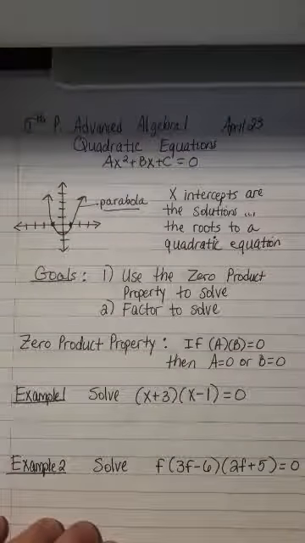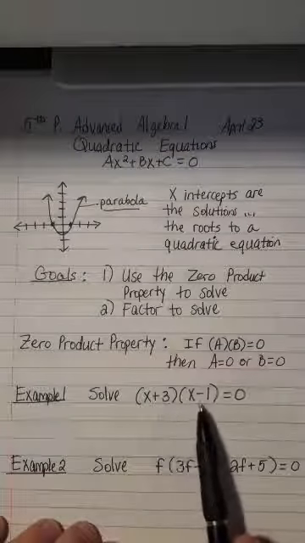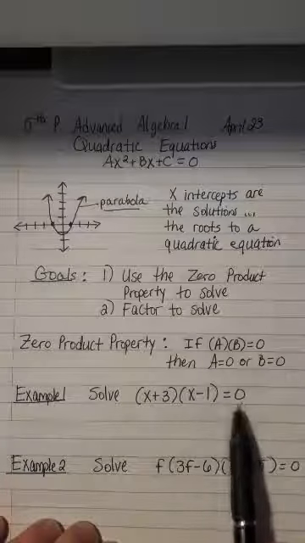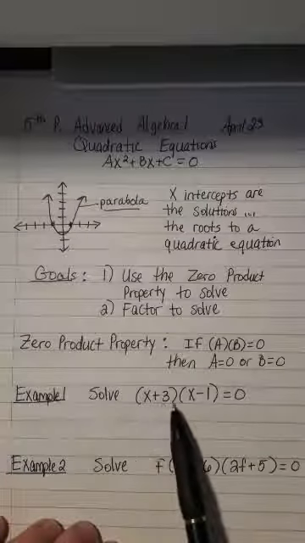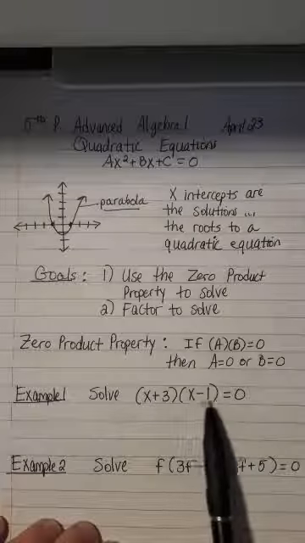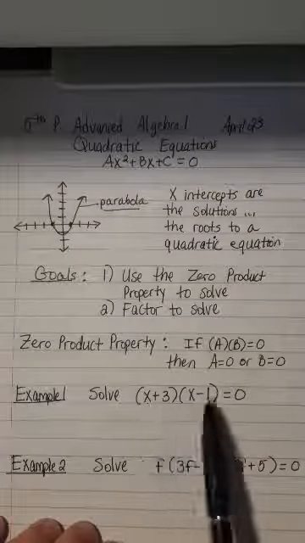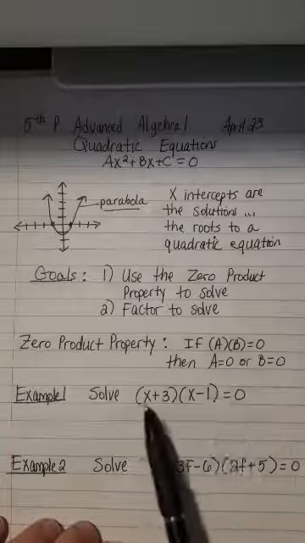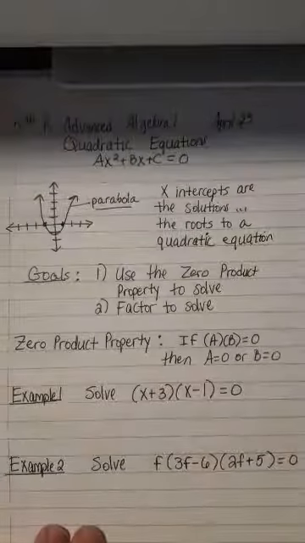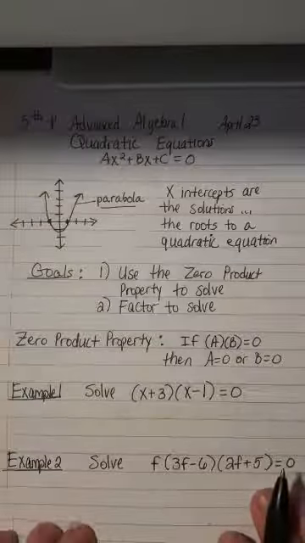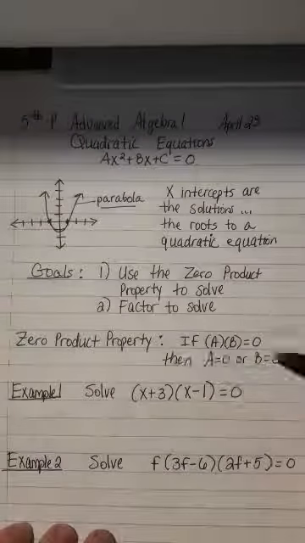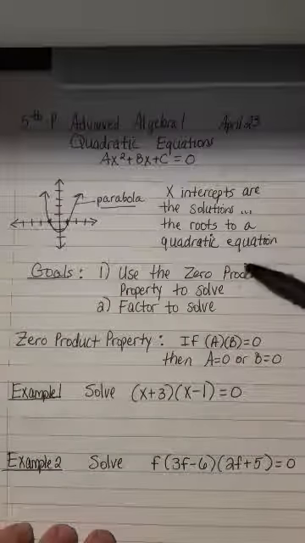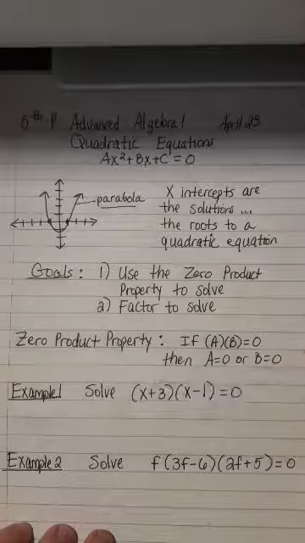It says solve (x + 3)(x - 1) = 0. Well, see, this parentheses is one factor, and this parentheses is one factor. So if those two factors multiplied together equals 0, that means at least one of these has to equal 0. So to find out your answer for x, which is what we're trying to do, anytime you solve an equation,